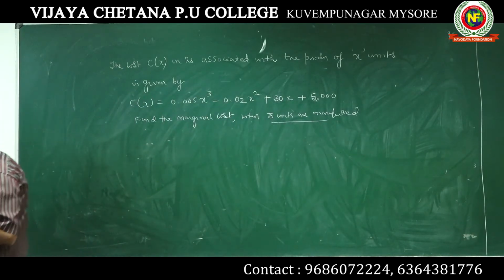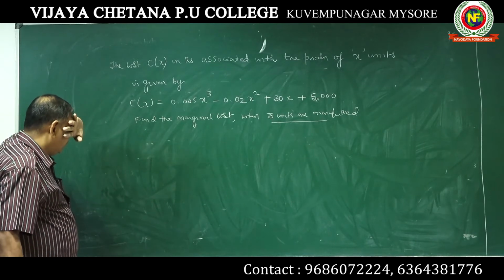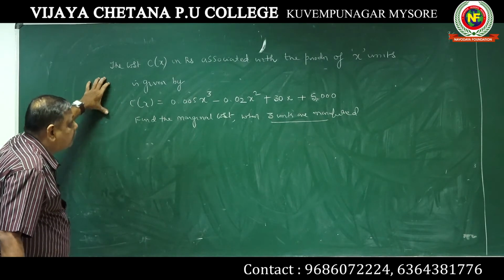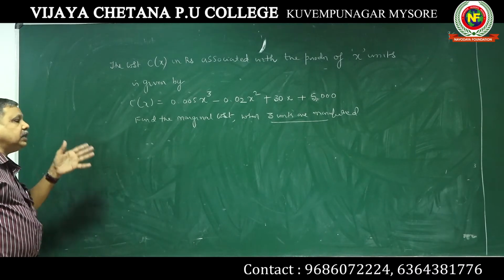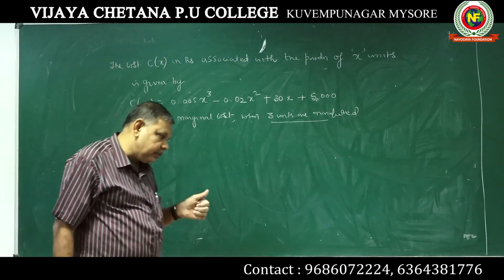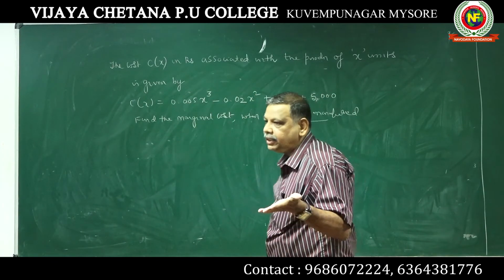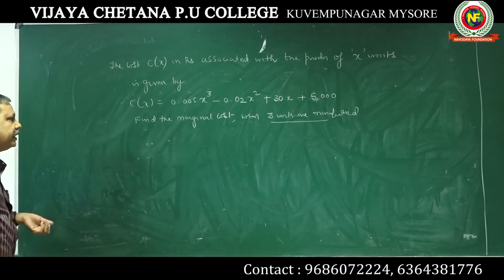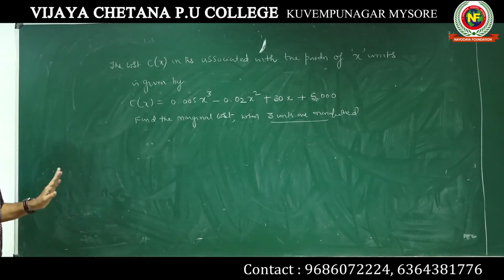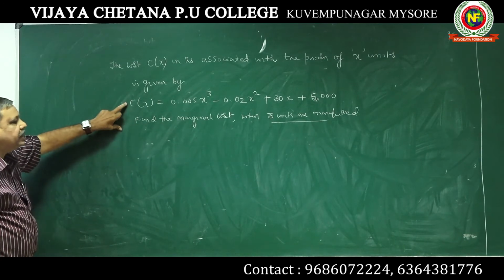I told you this will be the last problem, and tomorrow we shall continue. And here I just give you the brief. This particular thing is a commerce problem. It is a commerce problem actually. Marginal cost and marginal revenue are commerce topics, but it is in your book. I am solving it. 90% they may not ask, but it is not certain. Marginal cost is just differentiating this function.